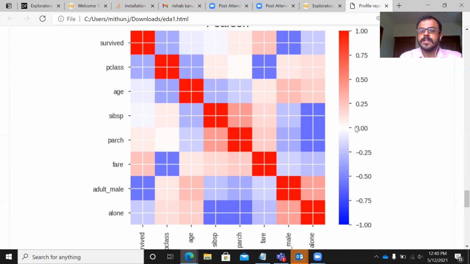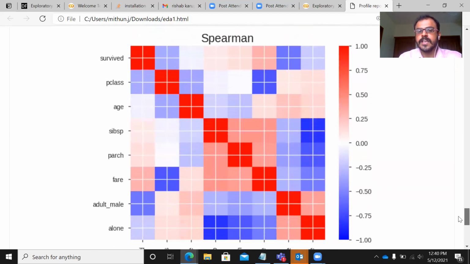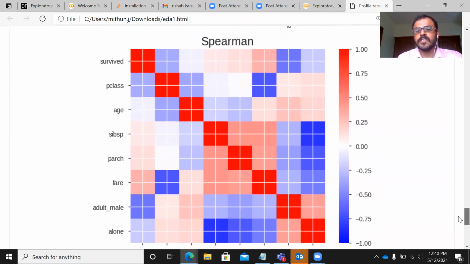And if the correlation is 0, it has highlighted in a white space, right? So it just gives you Pearson's correlation. If I further scroll down, you can also see Spearman's rank correlation, right? So a heat map is constructed based on Pearson's correlation and Spearman's rank correlation, right?